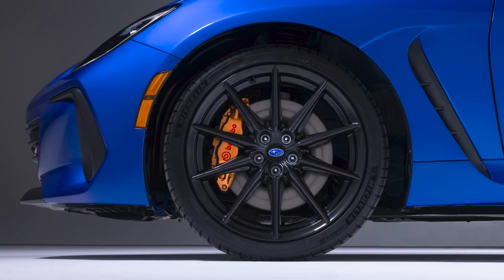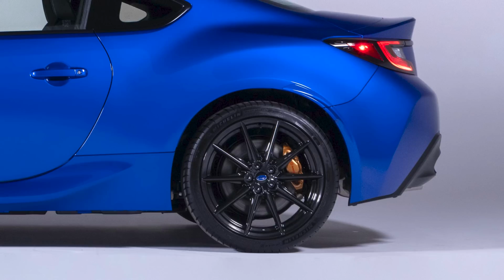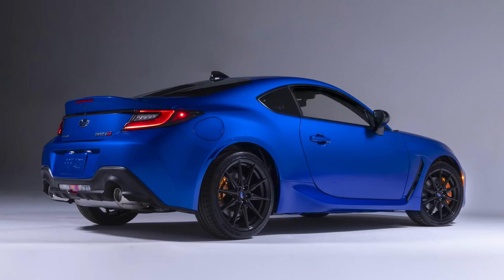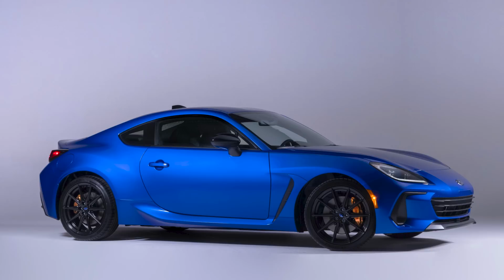While it does appear to get the same Brembo 4-piston front and 2-piston rear brakes as the Toyota, here they're painted gold, which is a really cool throwback to the STIs in my opinion. And while Toyota's performance package provides Sachs dampers, here they're STI-tuned Hitachi dampers instead, and it appears that that's where the STI tuning seems to end, because there's no other mention in the press release here to any other suspension